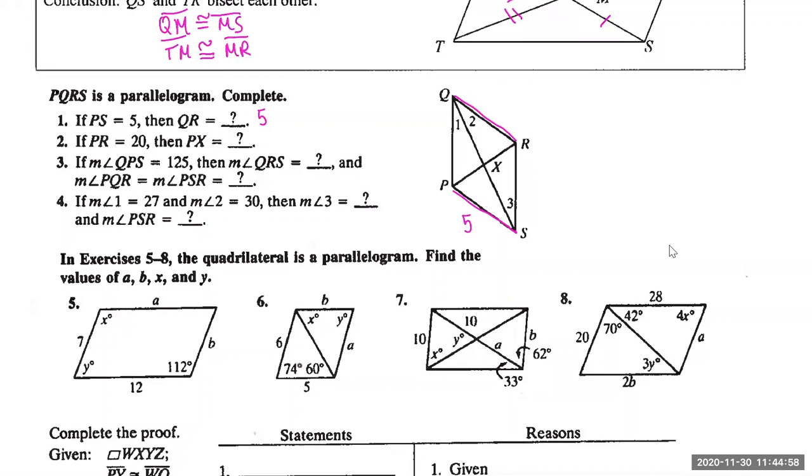So look at the figure. If you said 20, look at the figure again. PX should be half of that, right? So it should be equal to 10. So if the whole diagonal is 20, then PX is half of that. Okay, so then the next part is that you're given